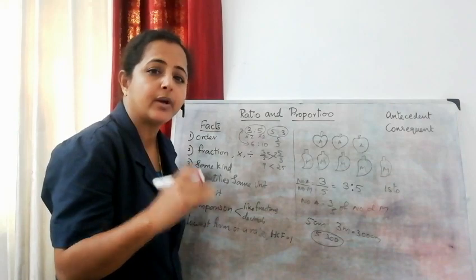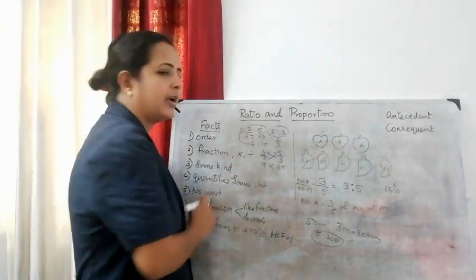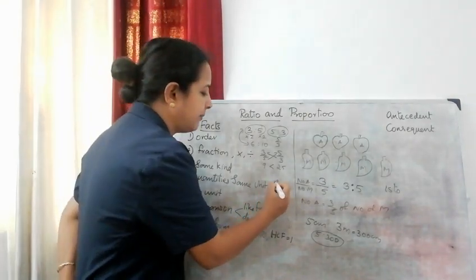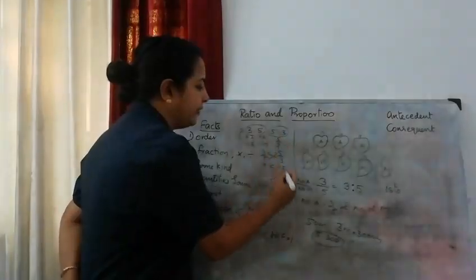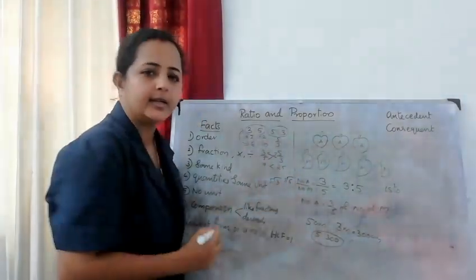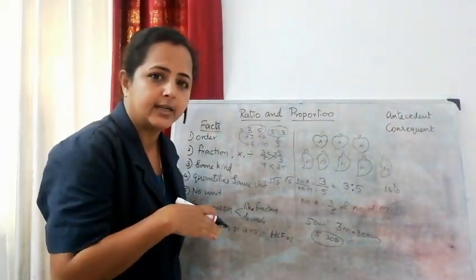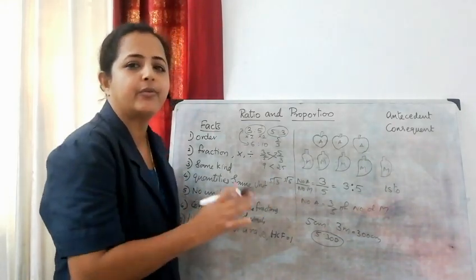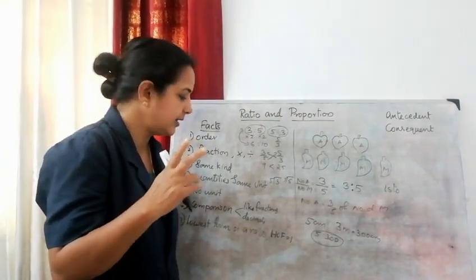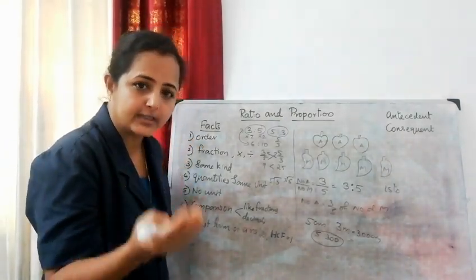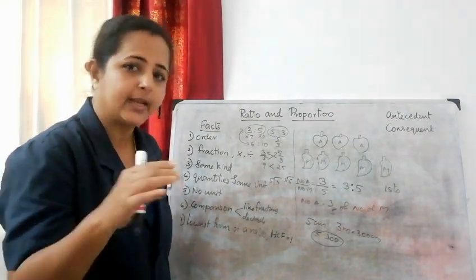Another method of comparing two ratios is to write them in decimal form. 3:5 means 3 by 5, that is 3 divided by 5. Divide it and write the decimal form. And 5:3 is 5 divided by 3. Divide it and write it in decimal form. We studied fraction division or rational number division. So with the decimal form, afterwards you can compare. So for comparison of two ratios, there are two methods. The first is writing the fraction form, then comparing. The other is writing the decimal form, then comparing.